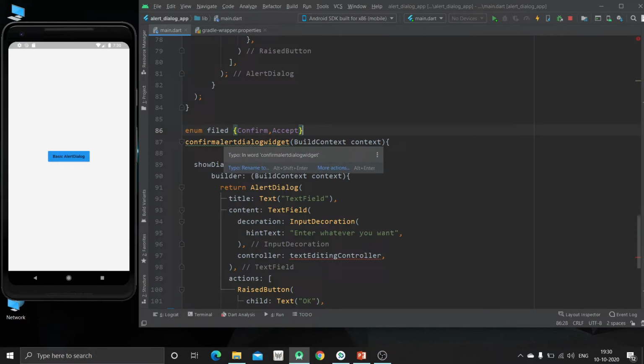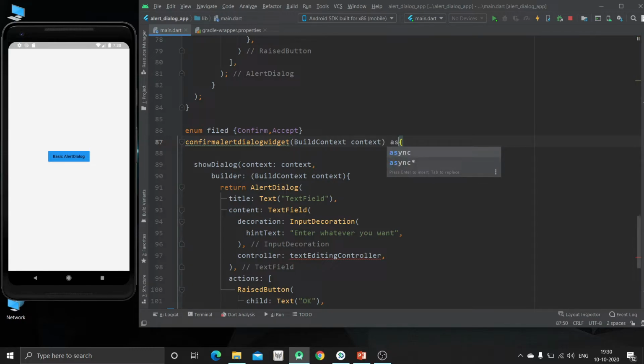So what we have to do is make this field asynchronous, so that we can wait for the future confirmation. Whenever you look at Flutter widgets, you will find synchronized and asynchronized parts.